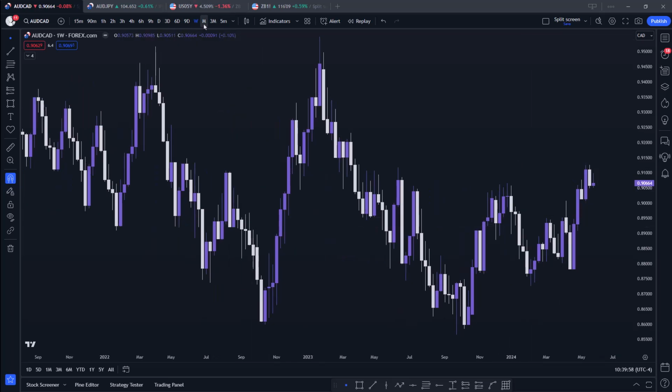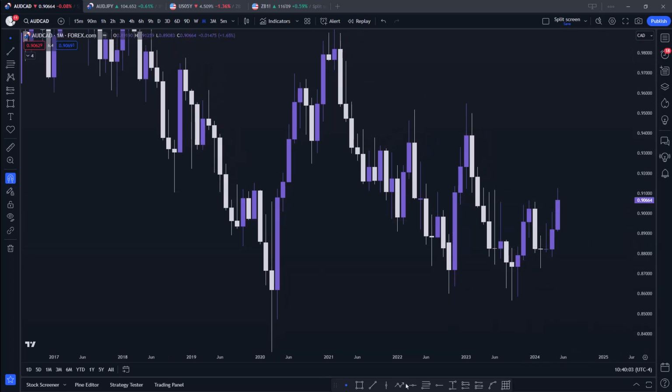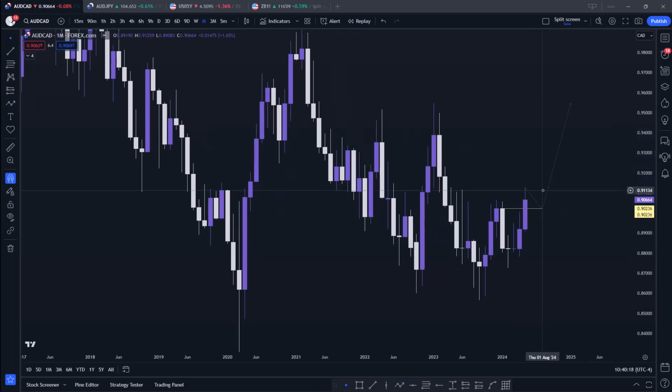So let's start off with the monthly chart. What do we see? On the monthly chart, we got a closure above this high. So this candle could be used as a potential order block of some sort. Price could trade down into it, use it as support for higher prices. That's all I see so far, just looking at the higher time frame. Of course, we don't have a fair value gap here. That would have been better, because if we had a monthly fair value gap, we could look for the low of a new month to be formed here, then a possible continuation higher. But that's AUD, so